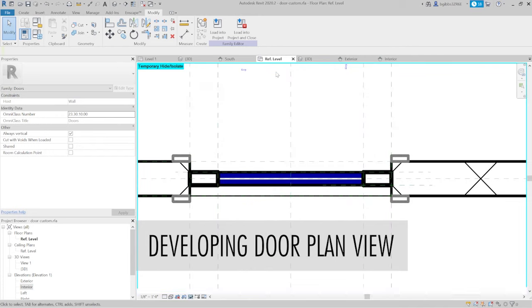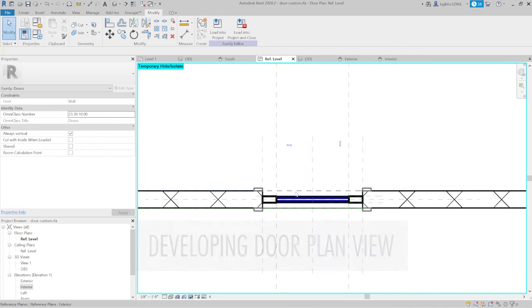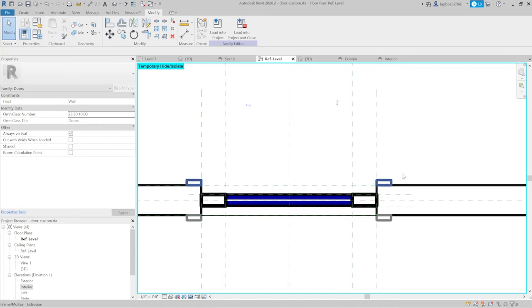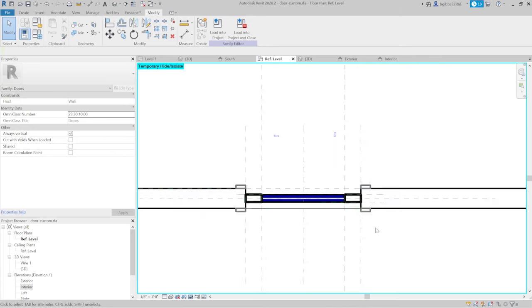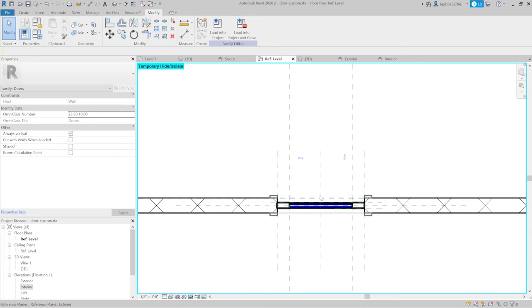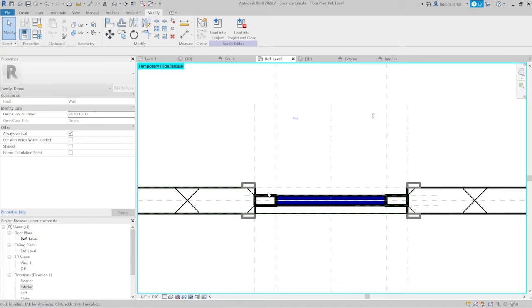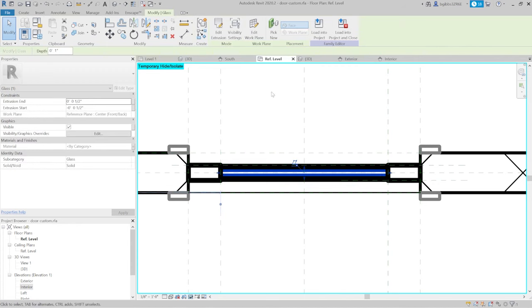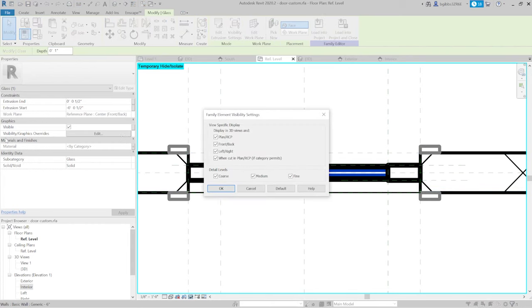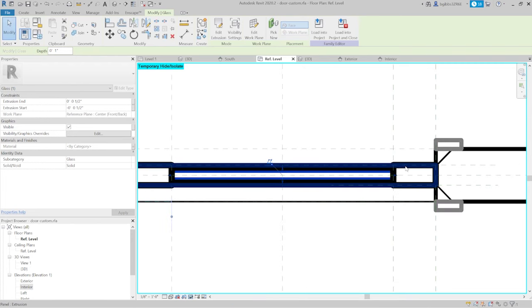When we go to our plan view, I've taken up all my dimensions, I've hidden them. You see that 1/8 scale, it's sometimes thicker than the door, and probably we might want to have it having a swing. Because of that, we're going to go ahead and just edit and set these to not be visible when it's cut in sections. So we're going to click on Visibility Graphics Override, and we will not be showing this in our plan. So these two are going to unclick essentially for all the elements in the door,